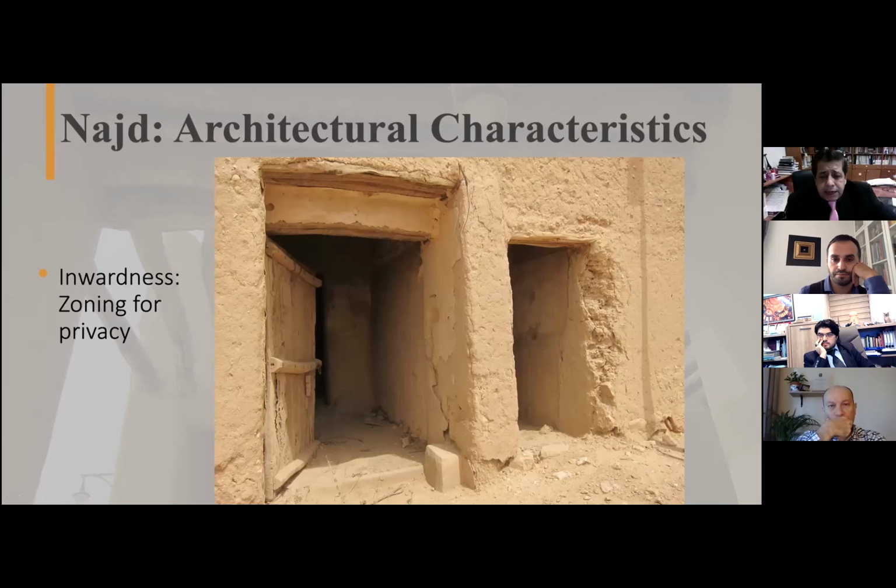Sometimes there are two entrances to the house, one for the guests, which is usually larger, and the other for the family of the house, the private one, which is smaller. The larger guest entrance is made this size in order to be distinguished and differentiated from the family or private entrance.